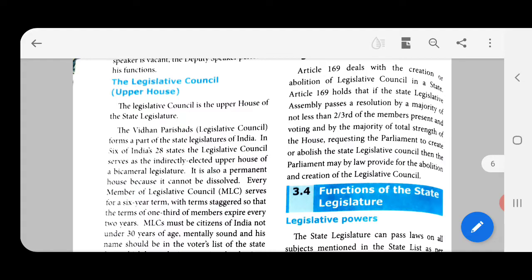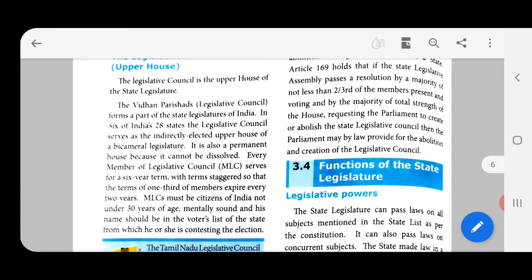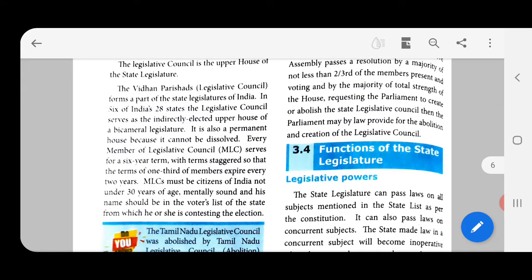Article 169 holds that if the state legislative assembly passes a resolution by a majority of not less than 2/3 of the members present and voting, and by the majority of the total strength of the House, requesting the Parliament to create or abolish the State Legislative Council, then the Parliament may by law provide for